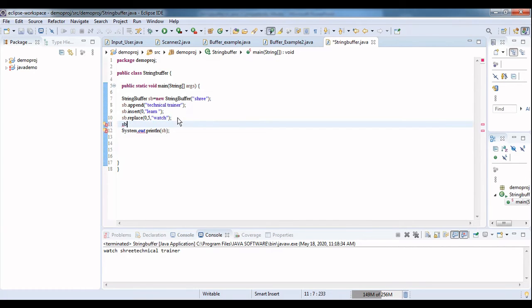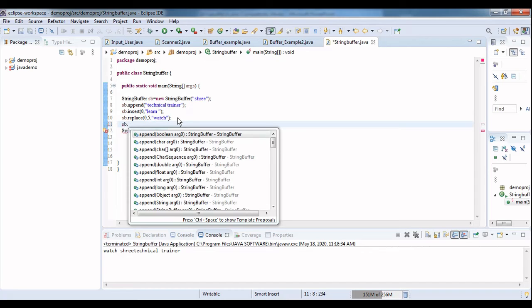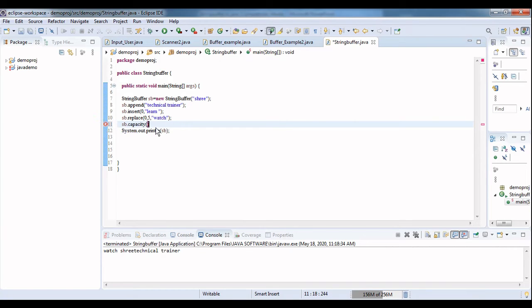Next, SB dot, what are the other methods; append is there. Next, capacity, let's see what the capacity is. Since it returns an integer value, I need to assign it to an integer variable. So integer variable C I have declared.